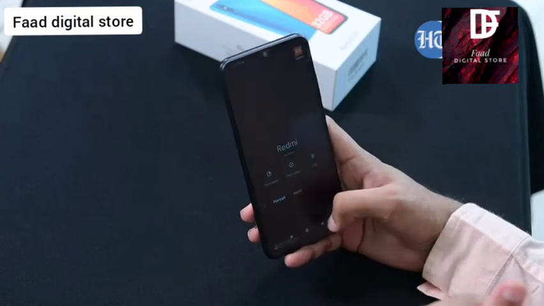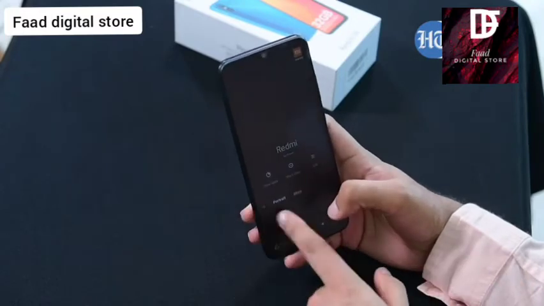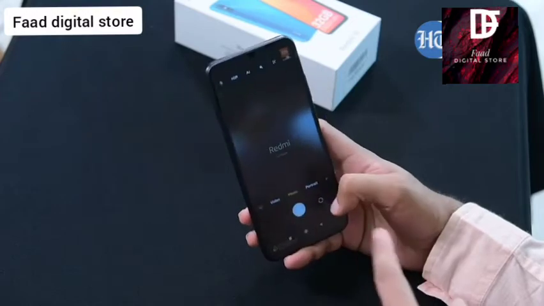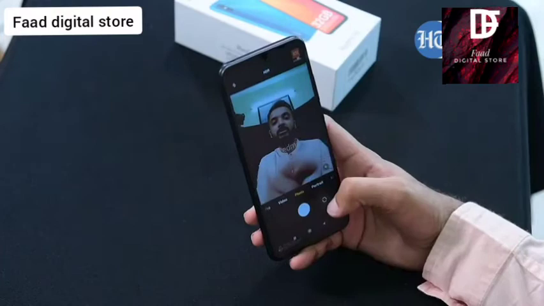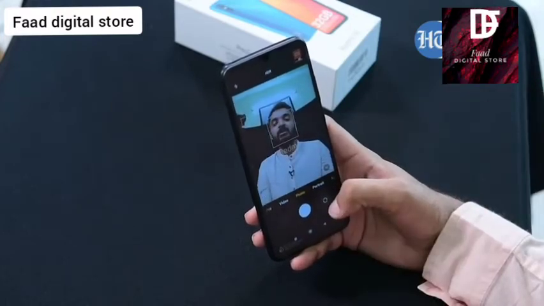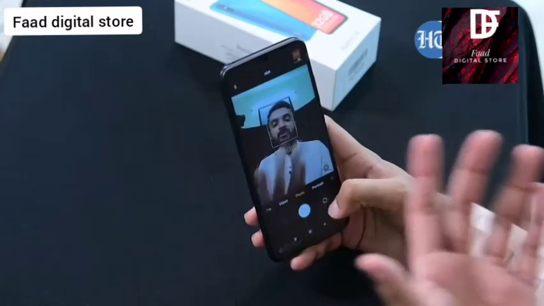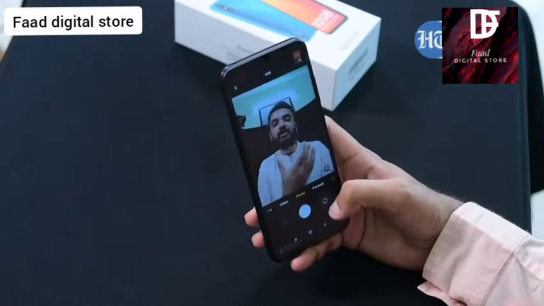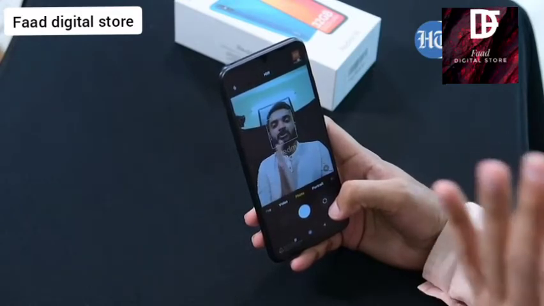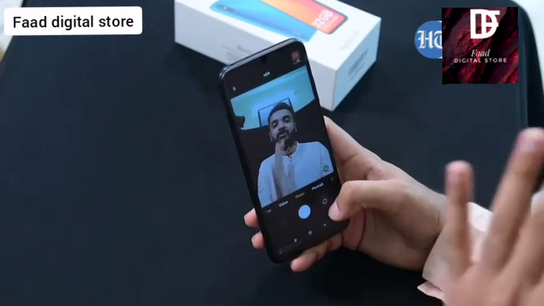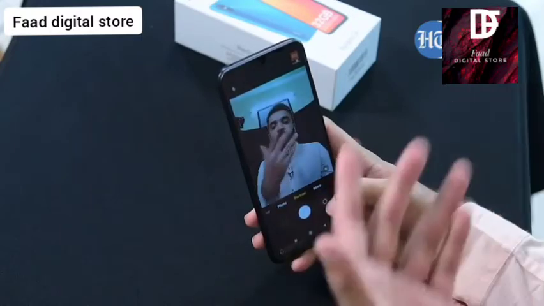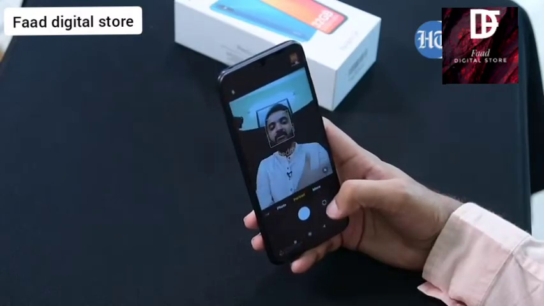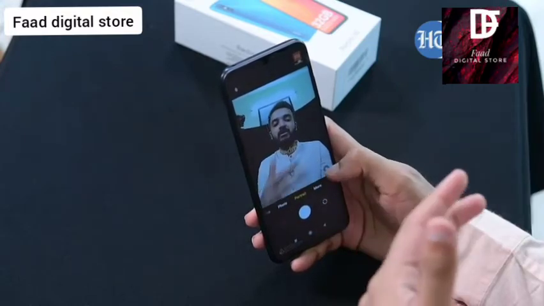Now let's look at the front camera of the Redmi 9A for more details. In terms of what you get with the front camera is over here. Yeah, as you can see, this is the front camera over there on the water drop notch, and this is me right in front of the camera. And as you can see, the face is automatically detected by the front camera, and it lets you capture the right frame with right clarity and details, making sure that there's no blurred objects in between when you're clicking it. You also have this portrait mode, which basically enhances the subject with different kinds of filters.